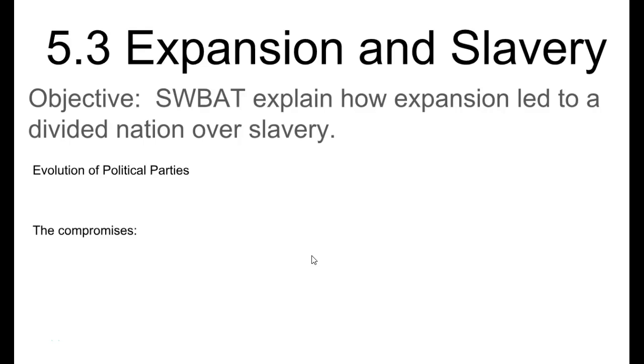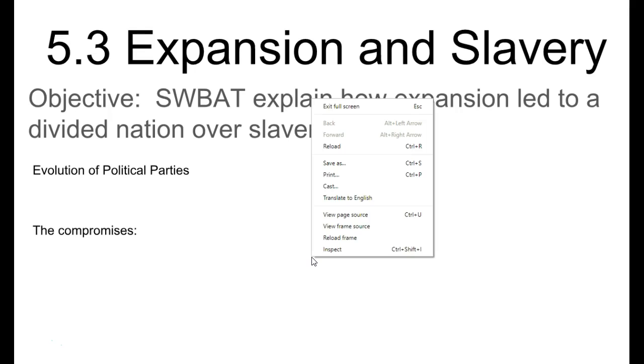Everyone, this is 5.3 Expansion and Slavery, where we focus a little bit more on expansion and exactly how that led us into the Civil War. So the objective for today is that you will explain how expansion led to a divided nation over slavery. And the notes for today,